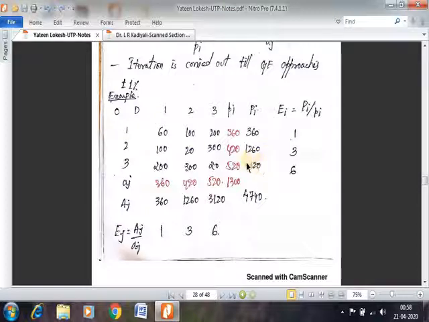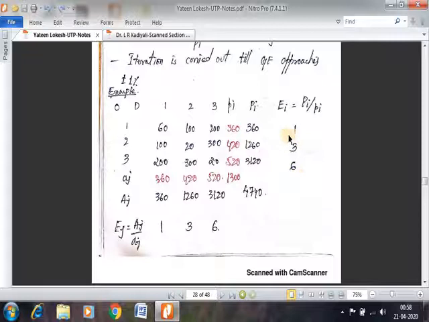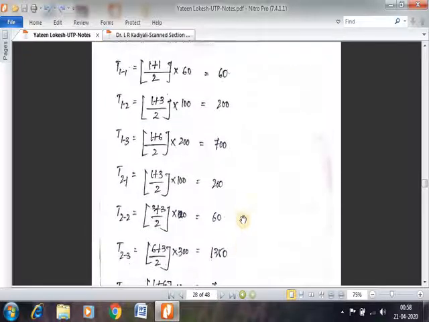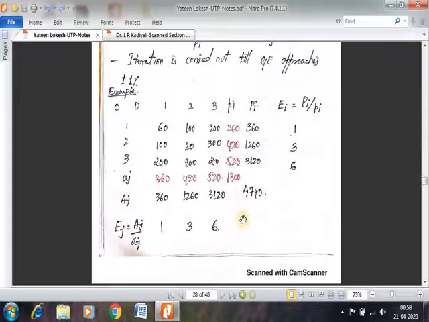On the other hand, the ratio of 3120 and 520 is 6. So in this way, you will be calculating the origin growth factors and then the destination growth factors, which is almost the same for both the cases. Now once you have got these growth factors, we shall move to the next part.